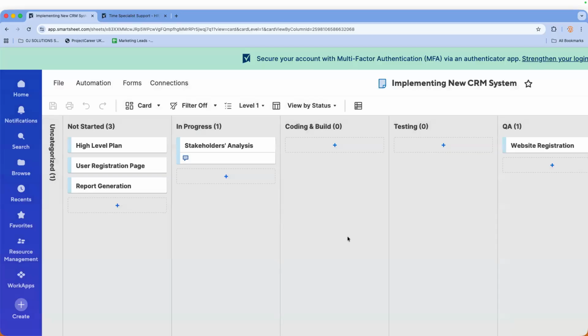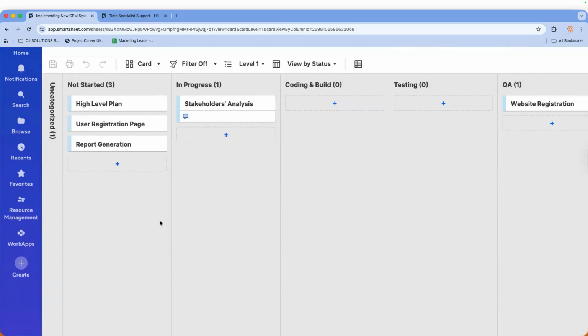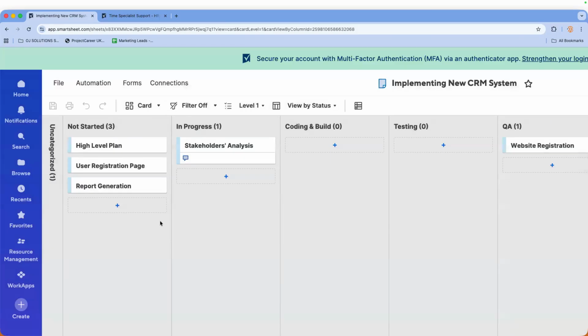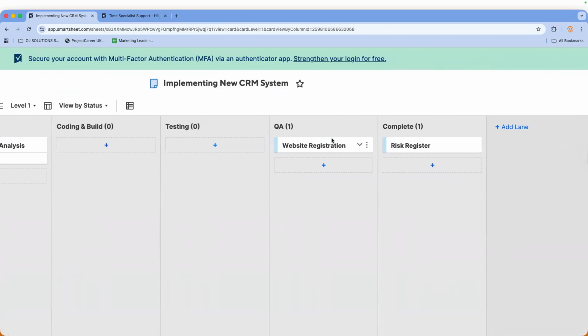Okay. So basically with this, all you will see is all the activities. Now, because that's not how we set this out, you don't see it that way. But when we show you plain, you'll see how it comes out on plain. But the whole thing is I can have all my activities down here, right? And you see the phases. Is it in progress? Is it in coding and build? Is it in testing? Is it in QA? And if I go across, is it now complete? Right? Good.